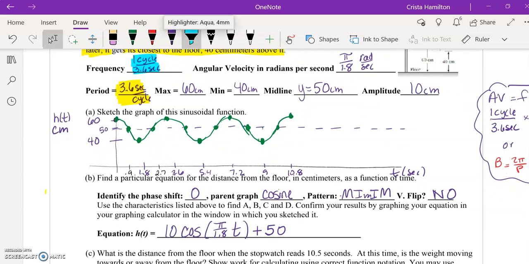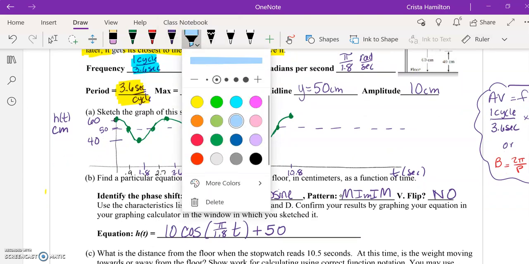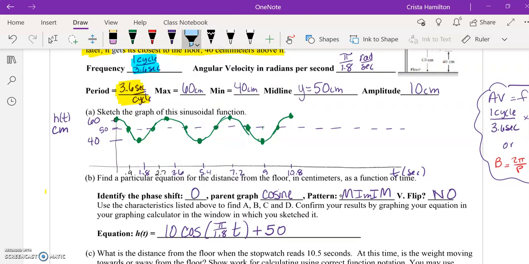Now notice the key points that I have added down here on the x-axis. 3.6 is the period. We divided it in half to get 1.8. I did half of that to get the key points 0.9 and then 2.7. And I didn't write it, but technically 0 is the other key point. So those would be your 5 key points where you follow your pattern: max, inflection, min, inflection, max, because we started at a high point, went to the low 1.8 seconds later, and then back to the high.